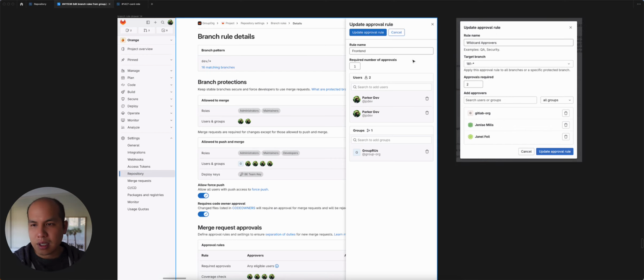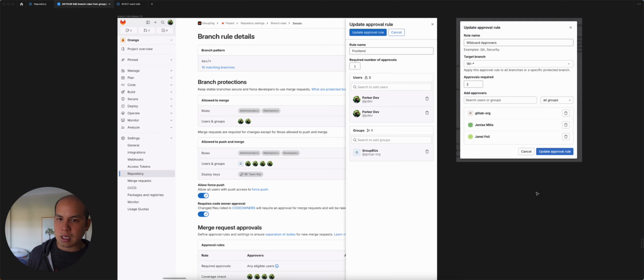So in this scenario, we wouldn't have target branch, but we would have rule name, approvals required, and the add approvers. Here we can see that same kind of combination of combining users and groups into one, and this is how it could look if you separated those two concepts out into their independent lists. And yeah, side by side,